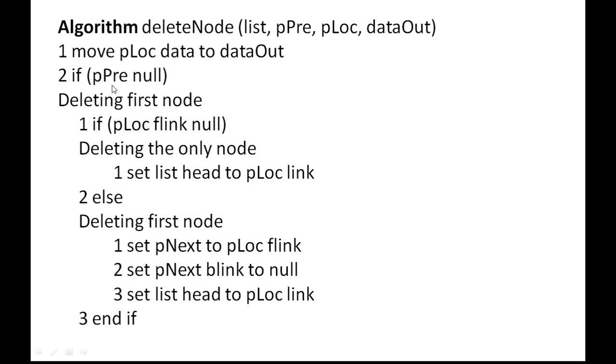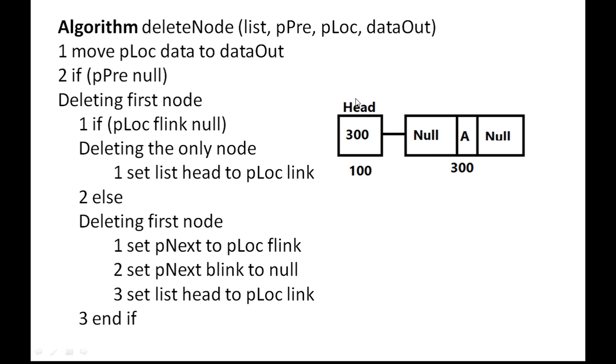Again, the first case is p3 null, which means that we want to delete the first node. Once again, the situation is we are either trying to delete the only node in the linked list, or we are trying to delete just the first node. That means the second node will become first node. Again, we have to differentiate these two conditions because it's a doubly linked list. So we have to deal with the backward and the forward pointers.